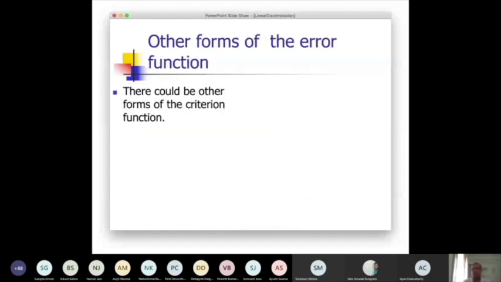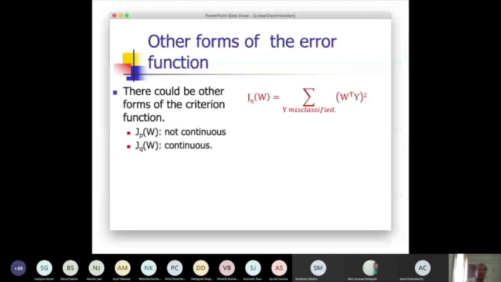Now, this is not the only form of error functions. There could be other forms of the functions. All should be consistent with our definition of misclassification. That means you can have a quadratic function. That means you take the square, and in this case, the advantage is that J(W) is continuous, so very smooth in the boundary, but you can get stuck there. That is the disadvantage. And for long feature vectors, it will dominate. So it will add some certain kind of bias to that. So it is an error.